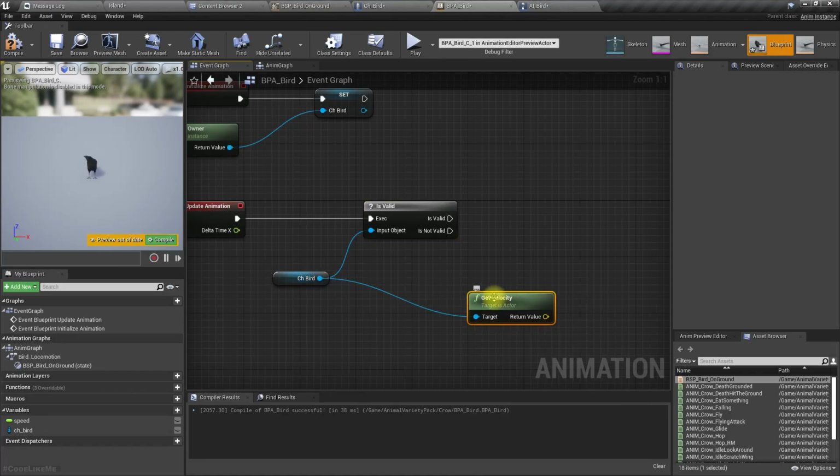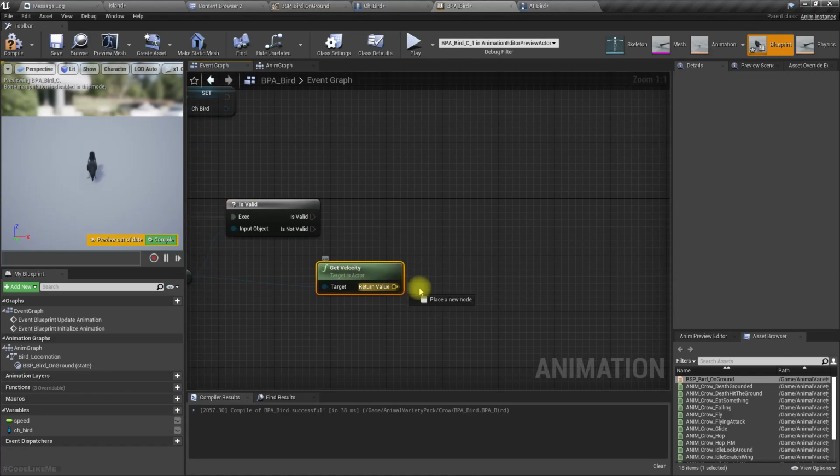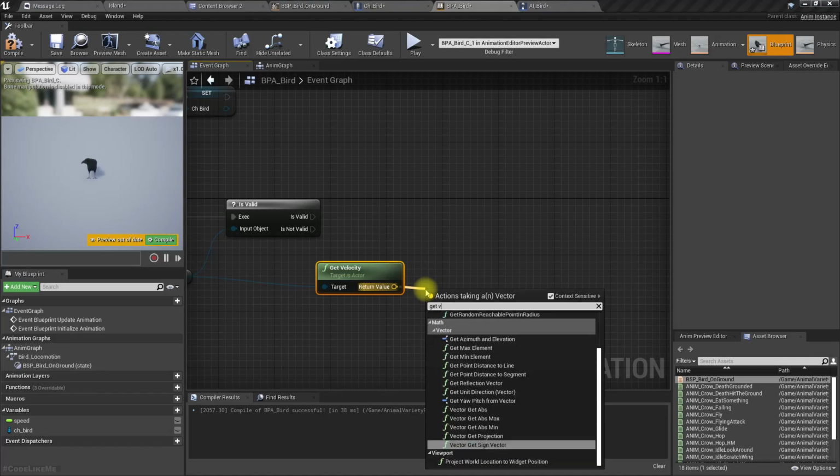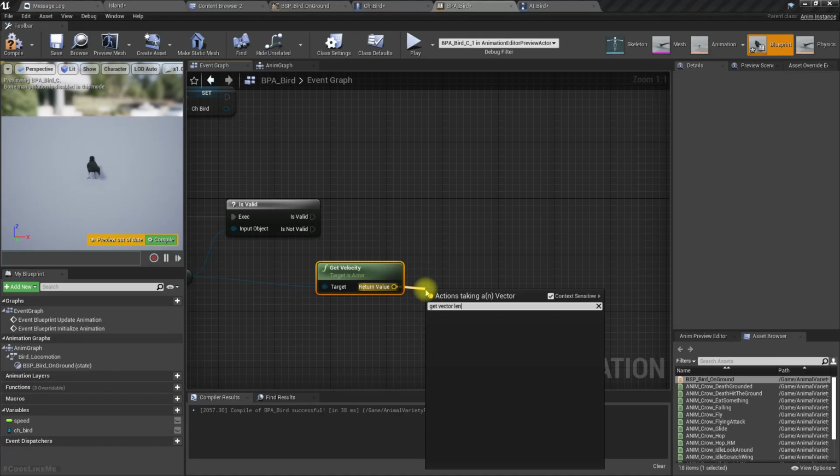We can call this get velocity and get vector length.